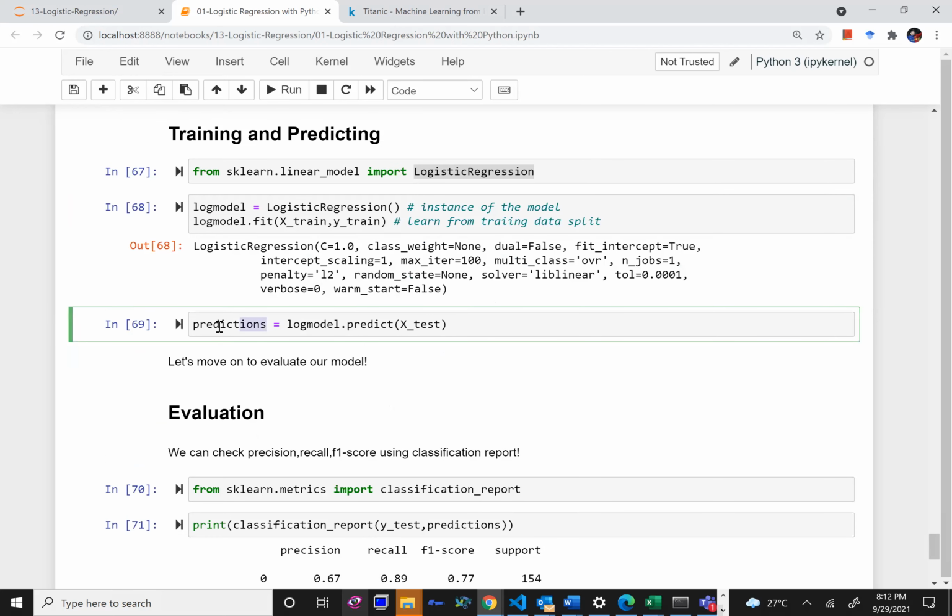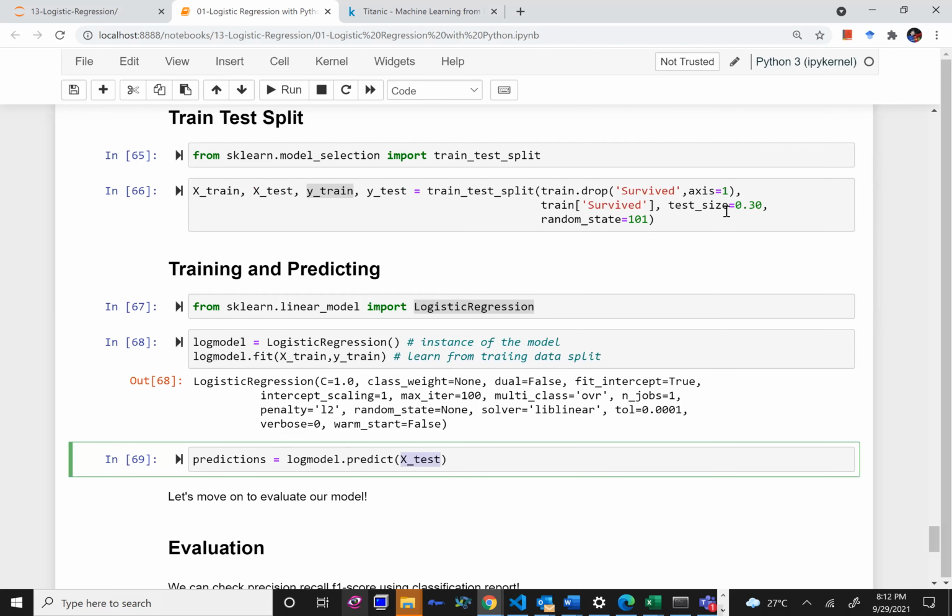Now I want to check predictions. So I will do log model predict, what is the value of y for the x_test. X_test is the remaining 30% of the x. For the remaining 30% of the test data set, we know the x values and we know the y values. So based on my model, what other predictions is my model making, and I can then evaluate these predictions with the actual values.